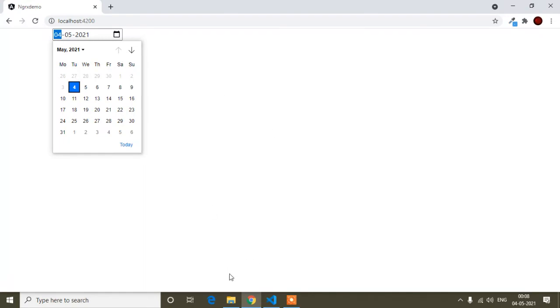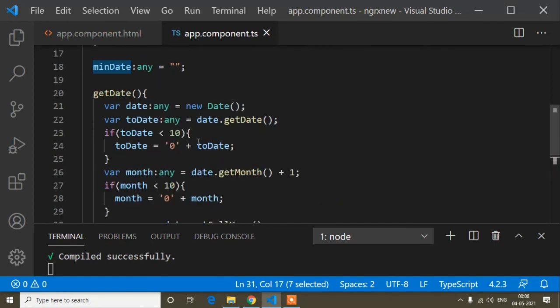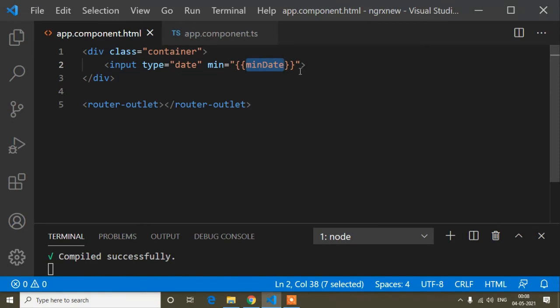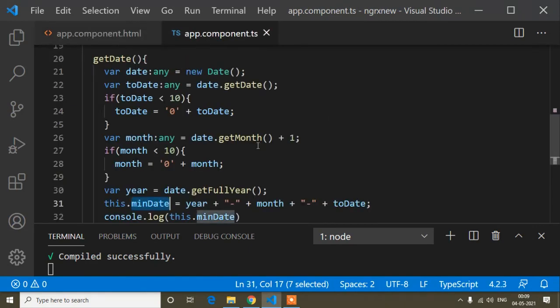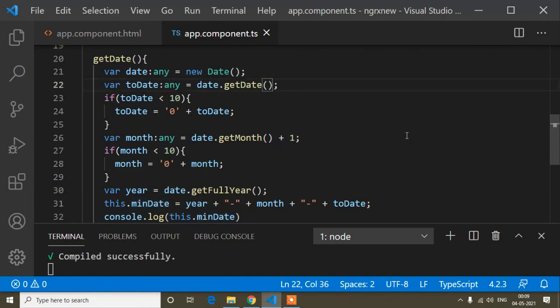So in this way, using this method, I hope you have understood this method, and using this method you can restrict any kind of date. And there is the max property also, so you can restrict the max date also. In this way you can plus minus. Suppose you want to add to this date, suppose from 5, you can add plus from today's date, where you are getting today's date, you can add plus here. So in this way you can restrict any kind of date.